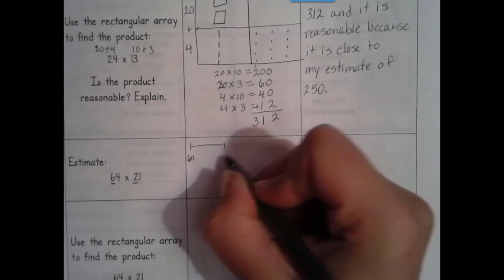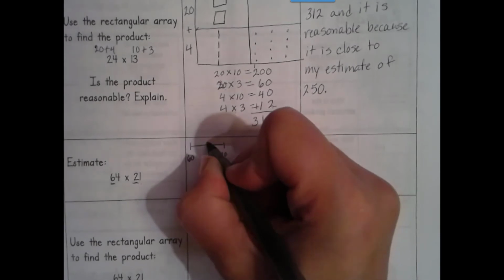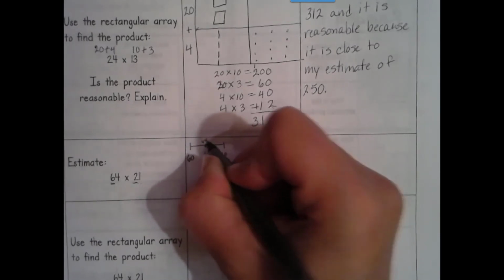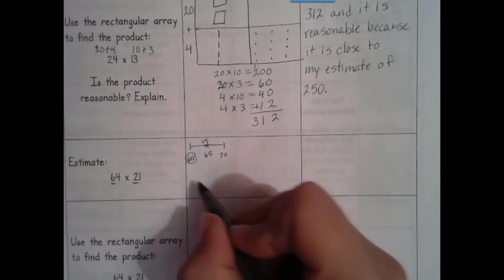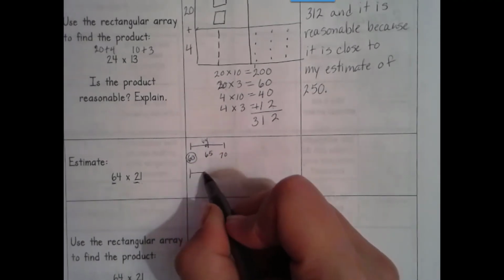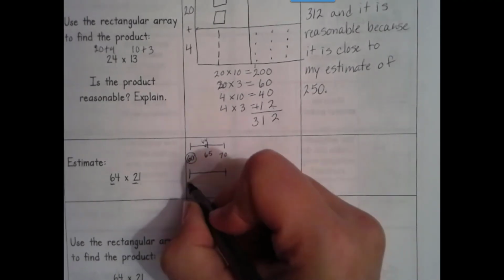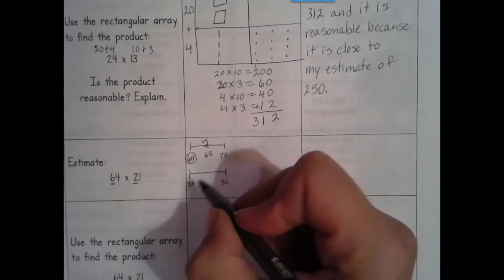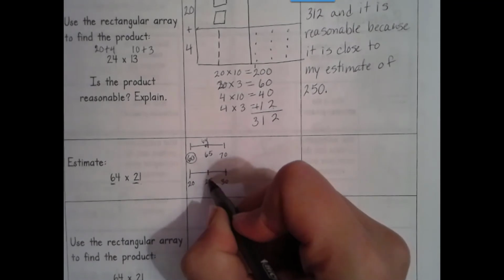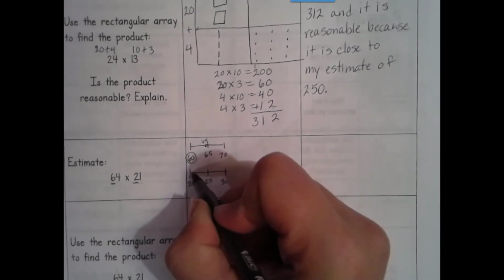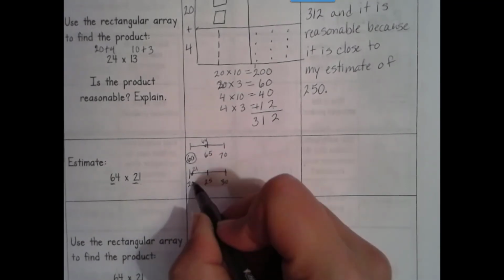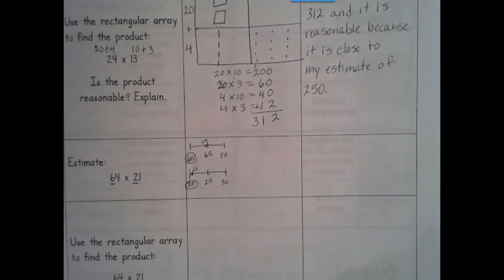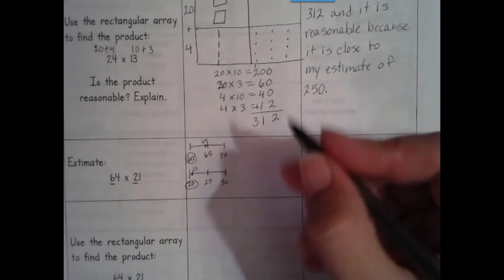So 64 is between 60 and 70. Halfway is 65. 64 is right here, so it's closer to 60. 20 and 30 is what? 21's in between. 25 is halfway. 21 is going to be very close to 20. So I have